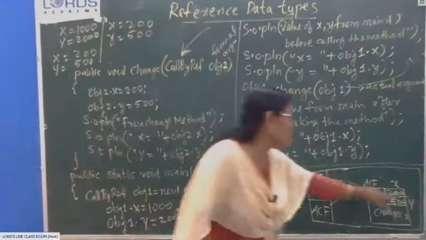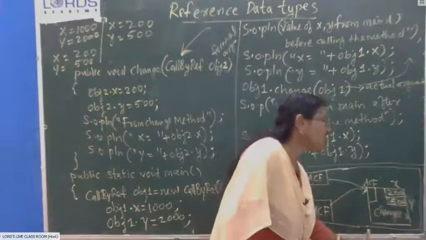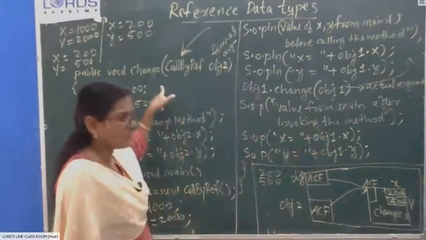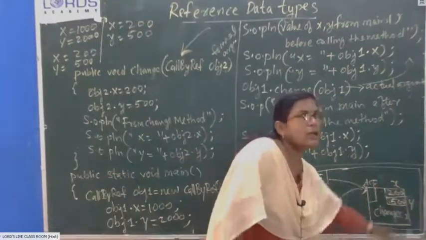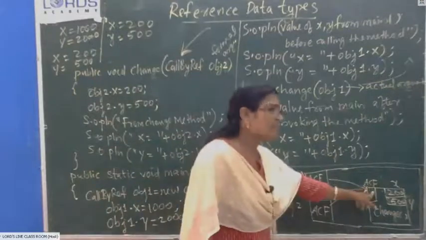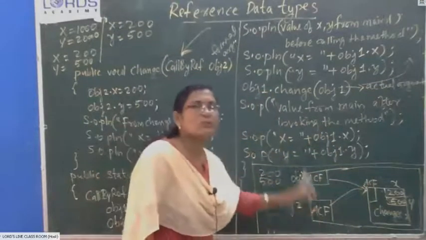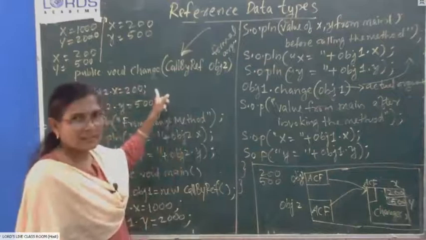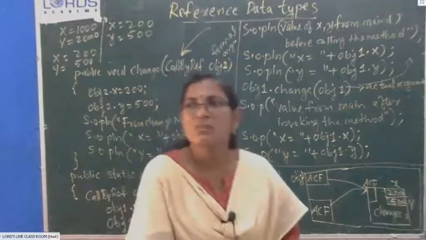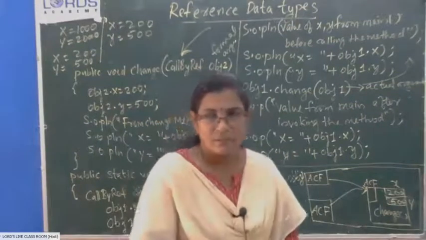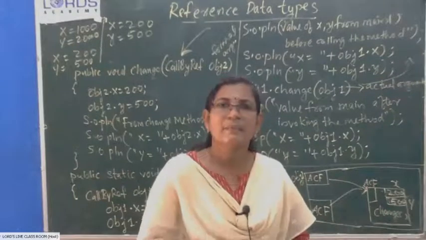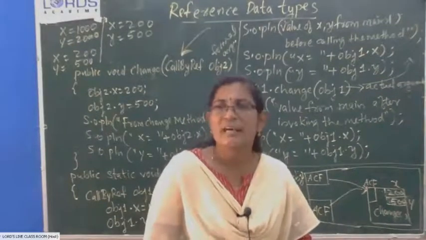When this object is passed from main method to change method, this object is not duplicated in the memory. Instead, what happens is its starting address will be given to the method. Yeah, I was talking about an example of a question paper. I have an English question paper with me, and a paragraph is typed with grammatical errors. I want somebody to correct it for me.